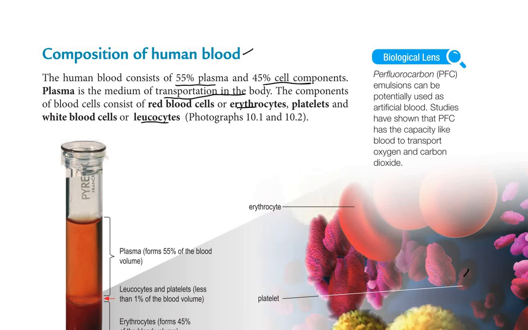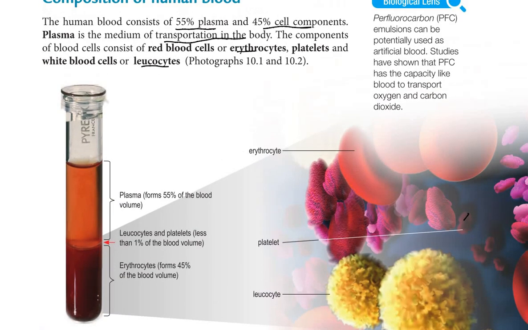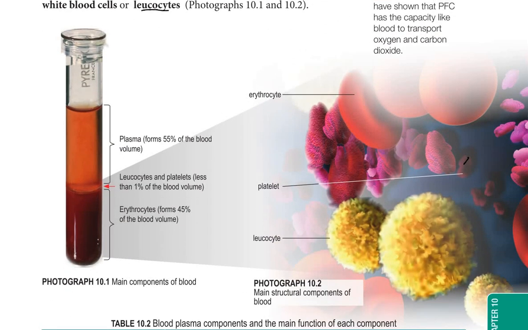Okay, so in Form 3, we use the words red blood cells and white blood cells. Now in Form 4, in biology, red blood cells, you always call it as erythrocytes, while the white blood cells, leukocytes, same meaning. Okay, so in this diagram below here, main components of blood. So actually we can separate the blood into its main components by using, remember the method,